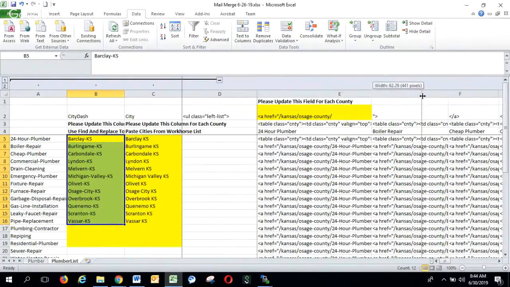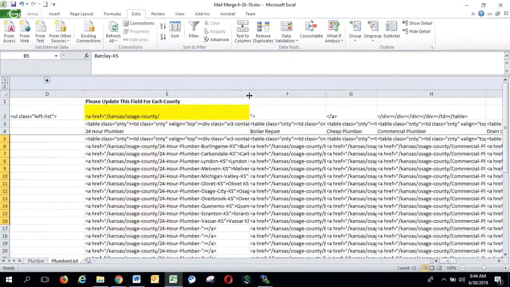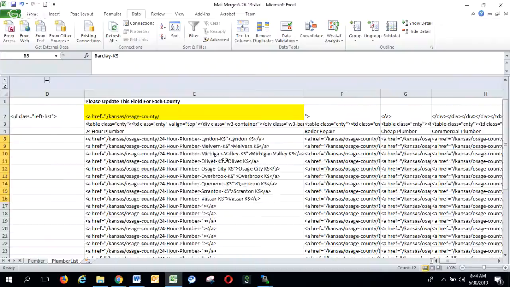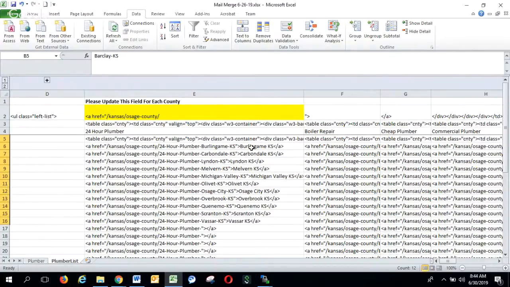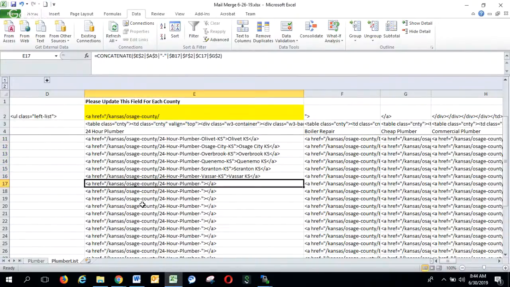So if we look at, and we'll just close this so we have a little bit more room to see. If we just close this, we should see Kansas, Osage County, and then our city or our service state pages that we created. And then in the anchor text, we see the city, right? So since we only need these, we can delete everything here,